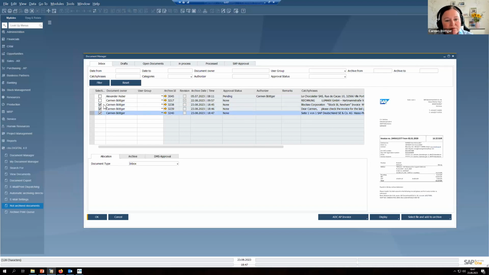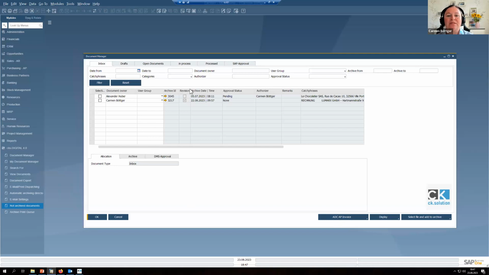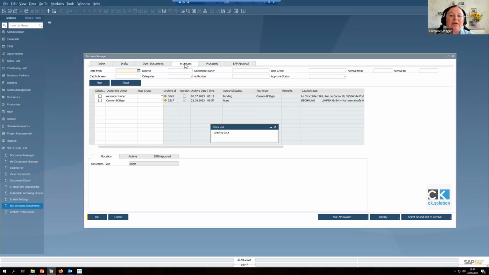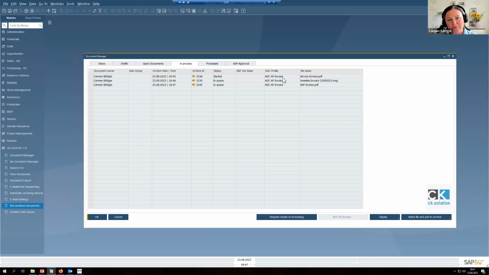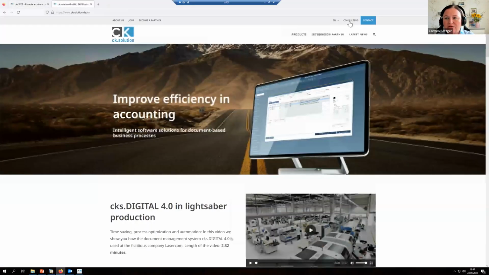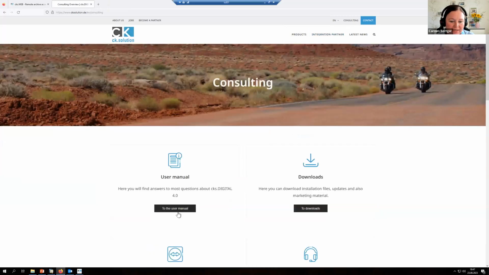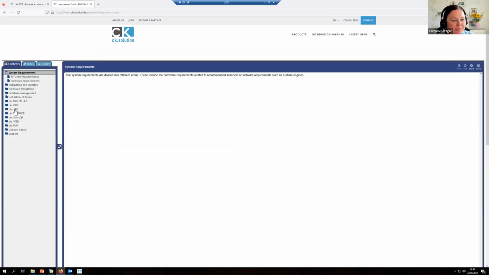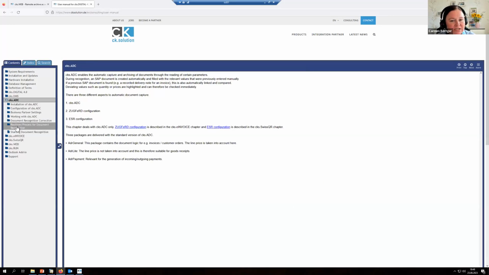Then the system recognized, okay, these are all invoices. And the system automatically starts the recognition for invoices, for AP invoices. And then the documents go into the process, which means now we have the analyzing of the documents. For that, we use different routines to identify the correct information on the document. I do not want to go too deep